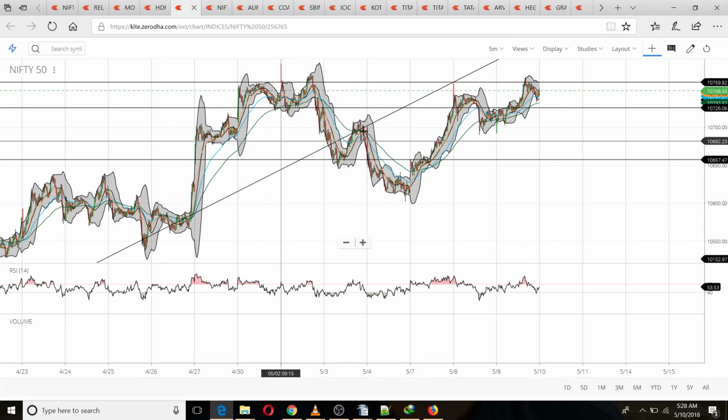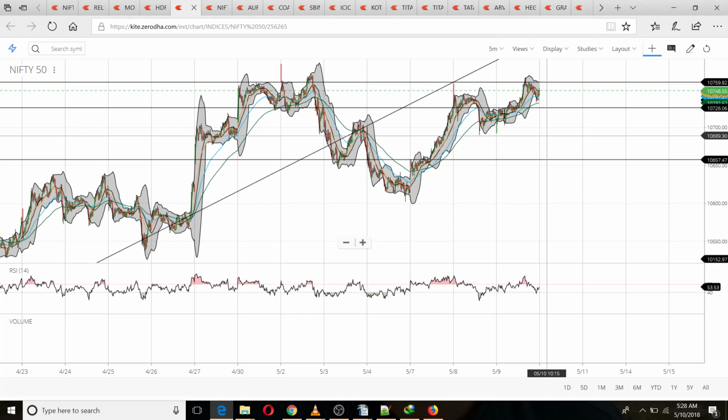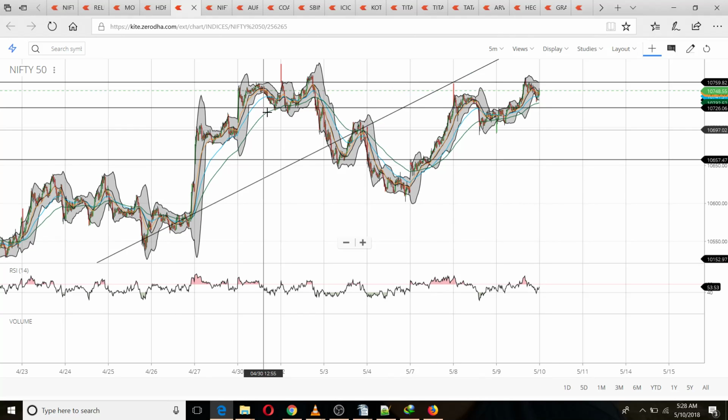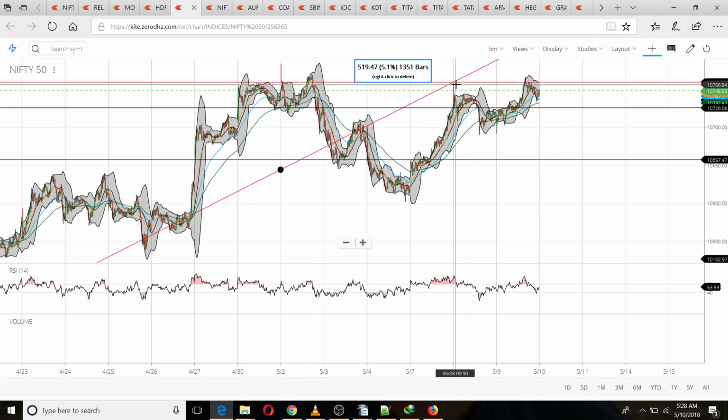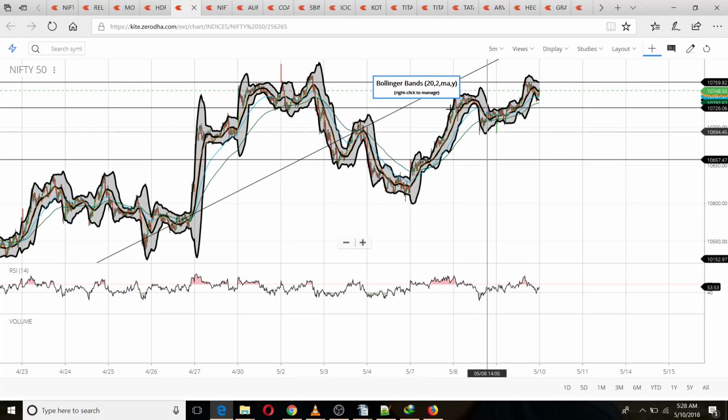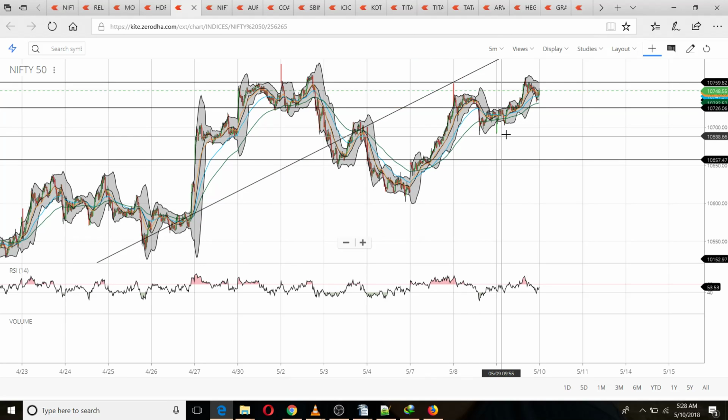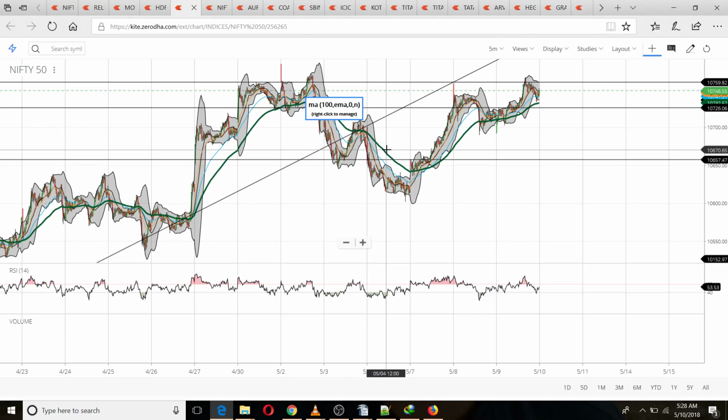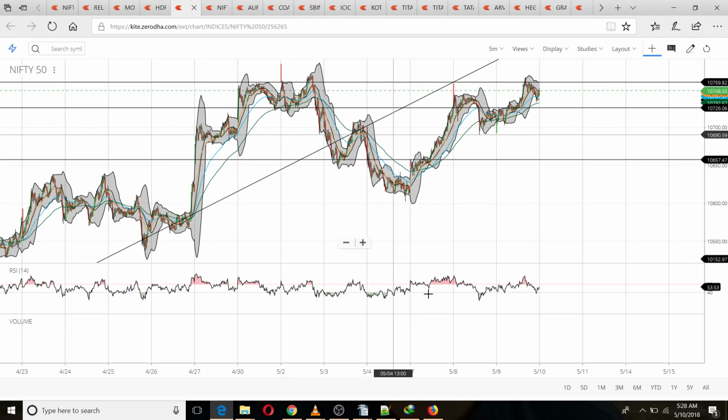Now in totality, if you see, it has just been oscillating. It opened gap up at this level and it went down, so this gap up was sold into. Again it opened gap up, and then this was sold into. The whole day it was sold. Yesterday it opened gap up and this was bought into. So in totality this has moved nowhere. It has not made a higher high. It has simply been in this range.